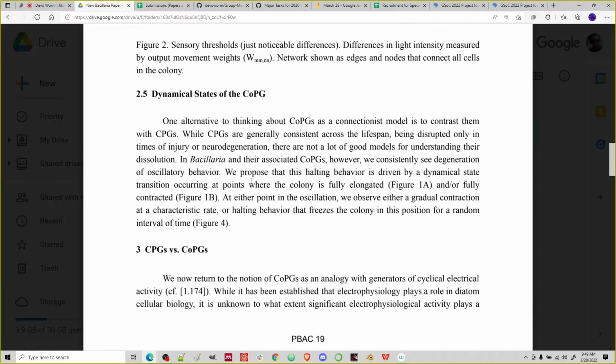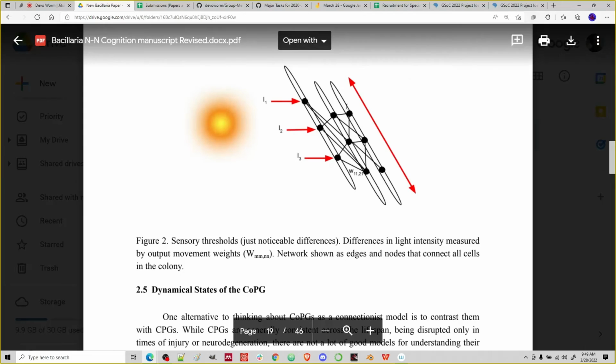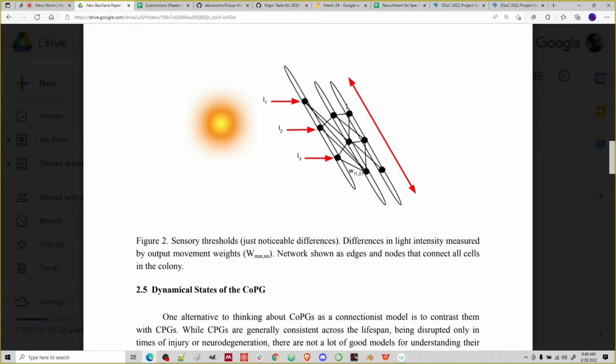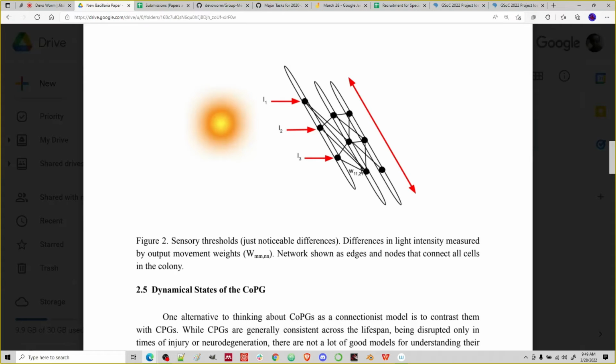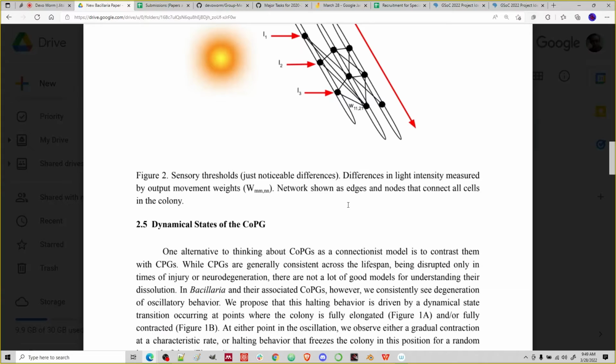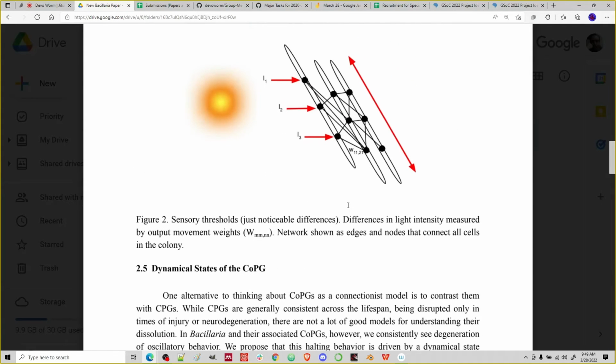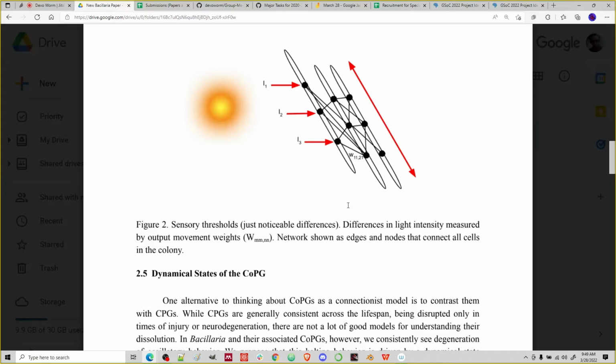And so this is something that, in this case, is collective. We're not talking about neurons with formal synaptic connections between them. We're talking about cells that are behaving collectively. And you could even use this in terms of looking at different organisms. If you wanted to model, say, for example, some social insects behaving collectively, you could use this sort of COPG, which is not talked about in this paper, but you could use the COPG technique to look at how rhythmic behaviors in that colony